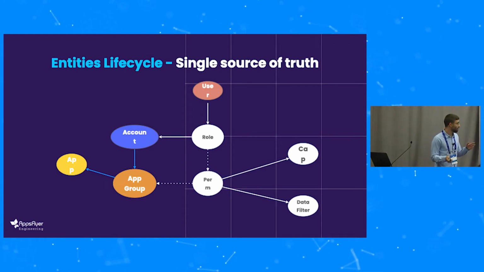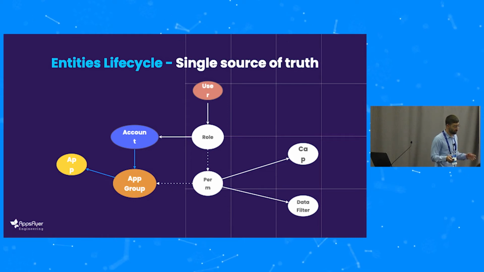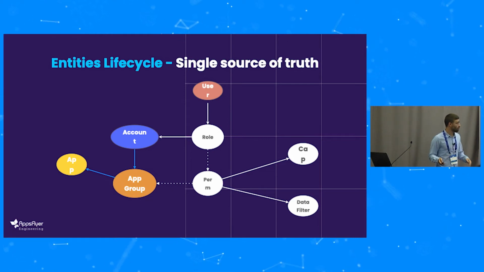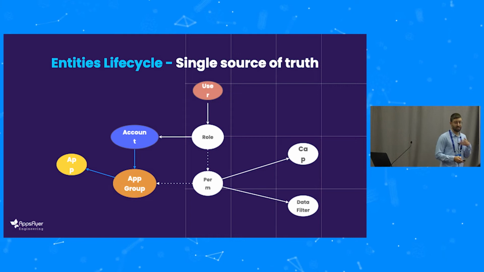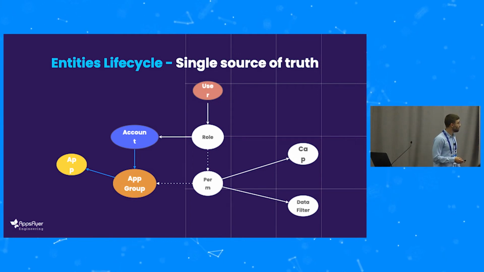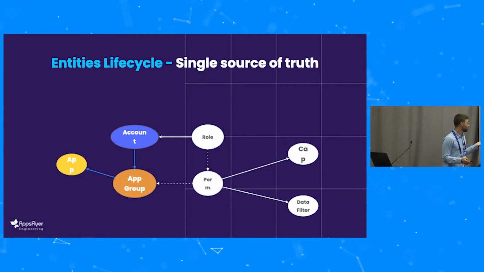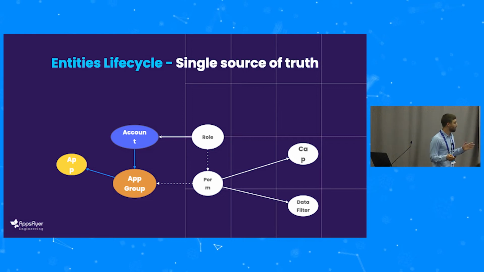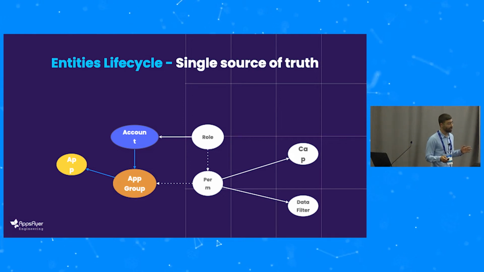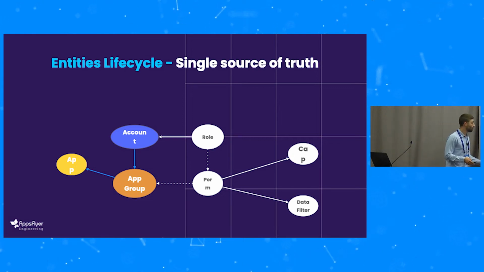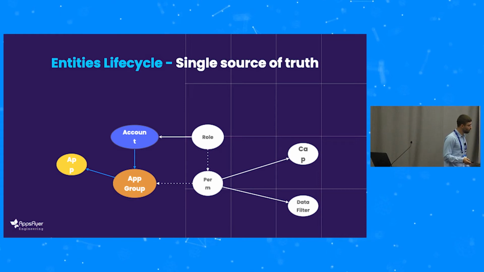So we manage together the life cycle in a single source of truth of the domain model and the authorization data. And let's say there is a user that leaves the company. Now the user is not assigned to the role, and the authorization data remains stable, nothing changed. But this user now has no permission on every app.